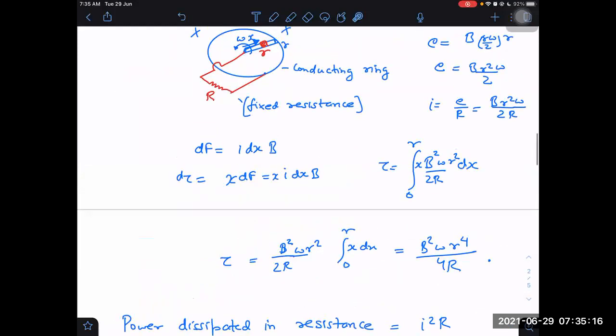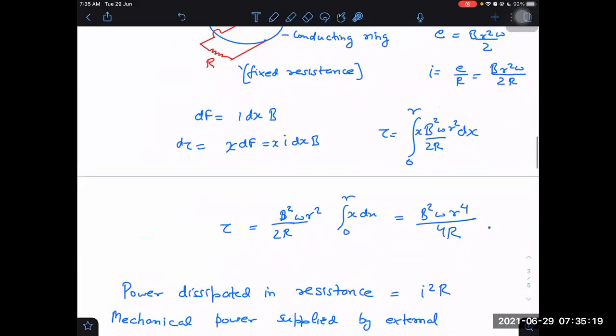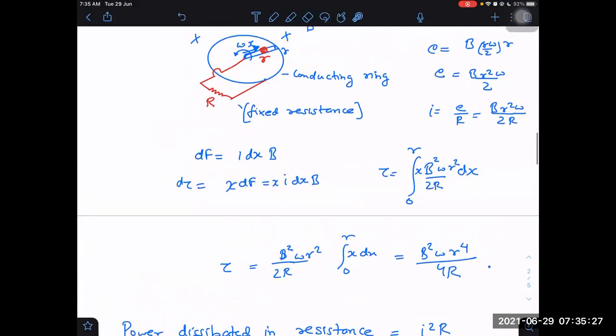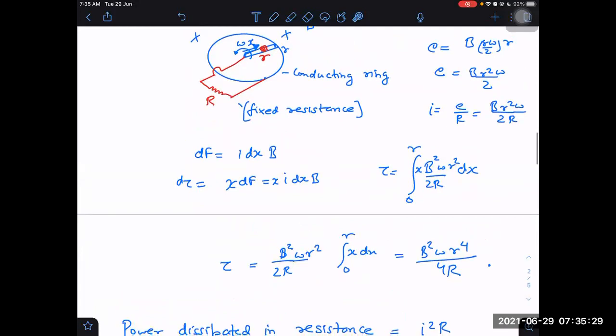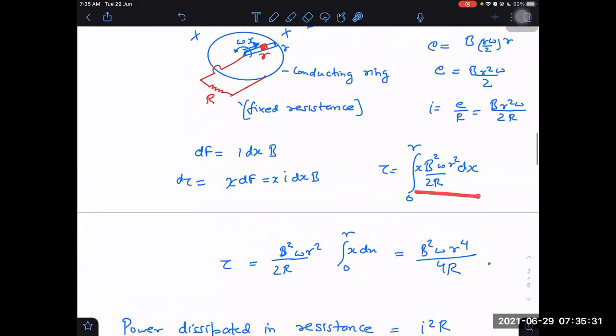This expression we are getting for torque. This is the right expression only and valid in general. Here we assumed, did we assume omega to be constant here? Not, I think, in this expression. At a given instant, if it has a given omega, then for that given instant, the torque will be like this only.